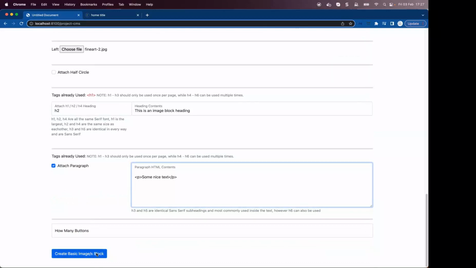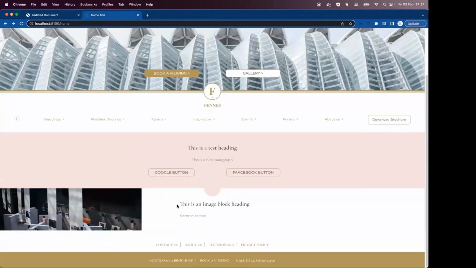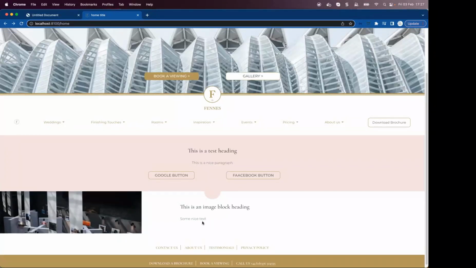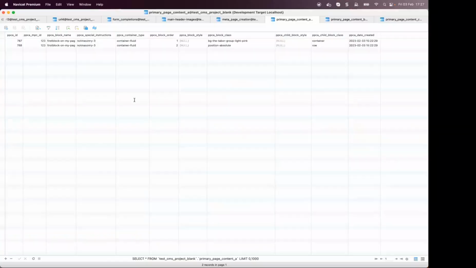And I don't need any buttons for this particular one, so let's just create it and see. It's done. So here it's created an image, which is a background type of image. It auto adjusts its height depending upon how much text it actually sees in here. So obviously, if I had to go to the database and add in some more text,